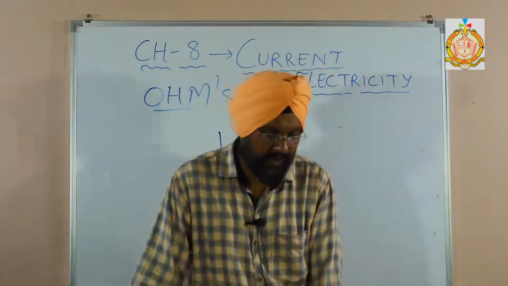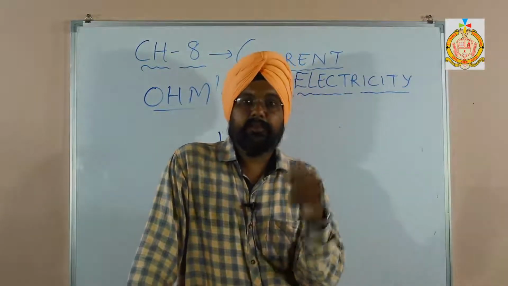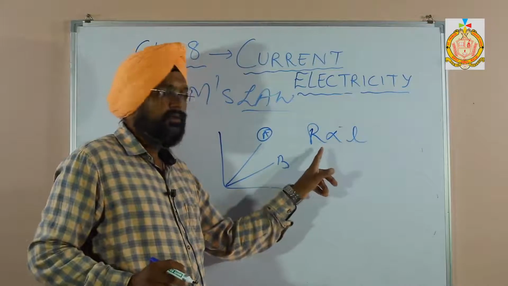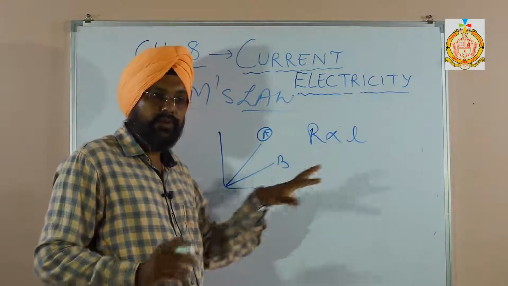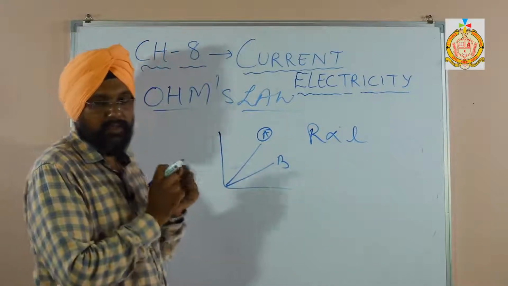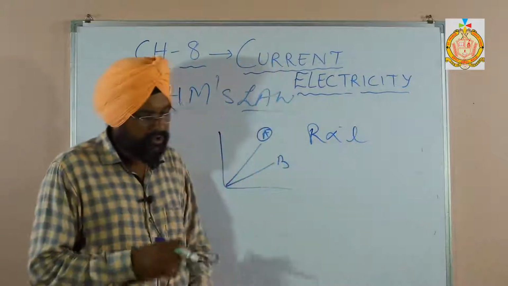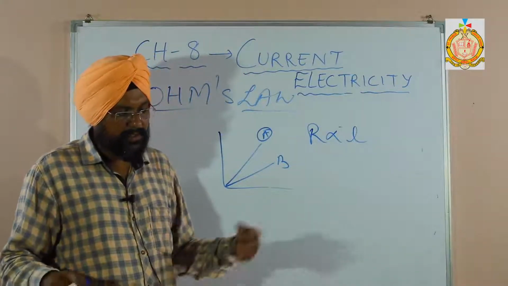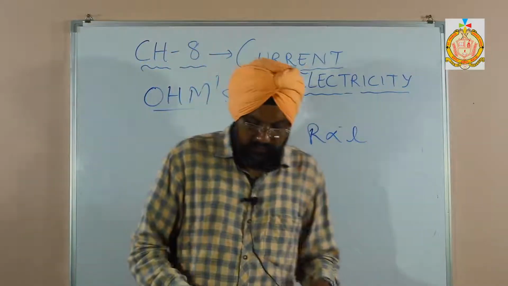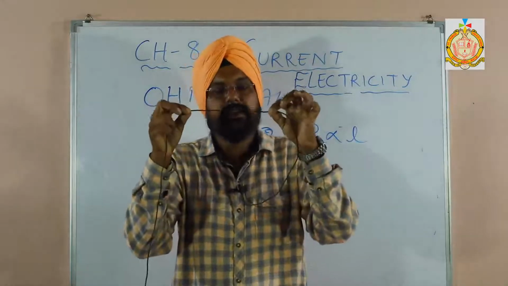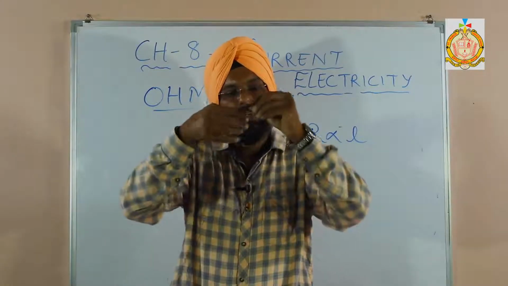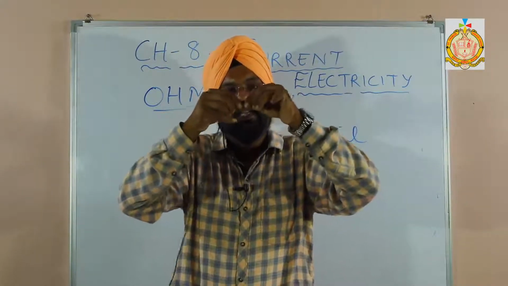The second factor is the length. Resistance is directly proportional to the length. The more the length, the more the resistance, because it offers more resistance. The ions or electrons will heat up more. If the length of the same radius is doubled, then the resistance is doubled. If I double this wire or triple this wire, the area will be more,